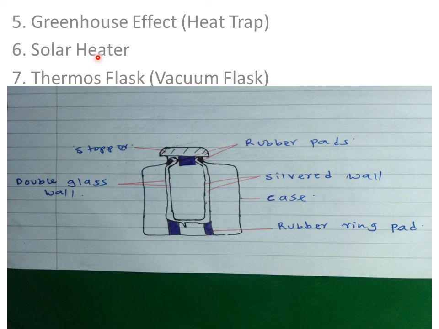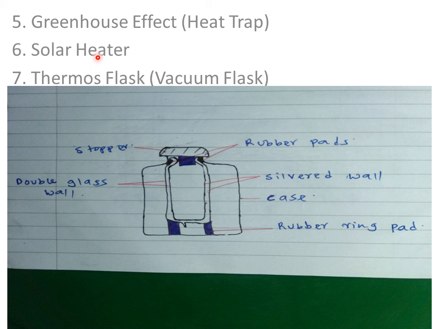Now solar heaters use solar energy to heat water. A solar heater consists of a coiled blackened copper wire on a blackened insulating surface. Then radiant heat from the sun passes through the glass and is absorbed by what? The blackened copper pipes that contain water, which is heated up. Now remember that copper pipes and copper collectors are used because copper is a good conductor of what? Heat. They are, however, painted black to increase the absorbing what?